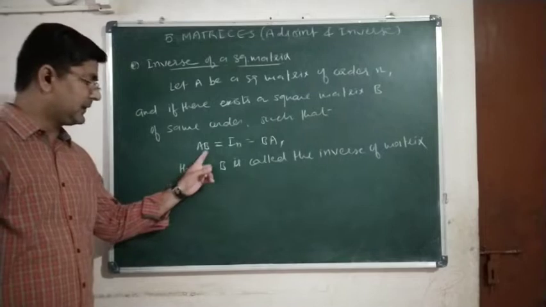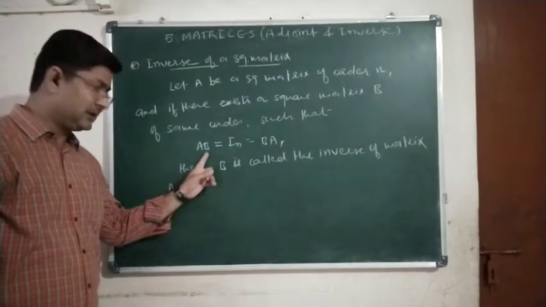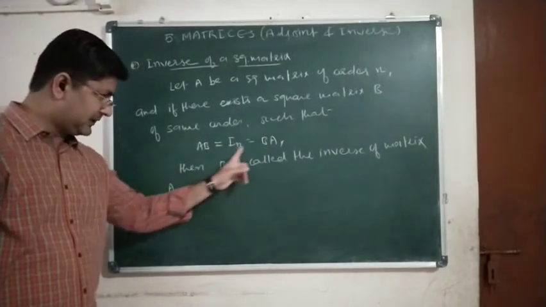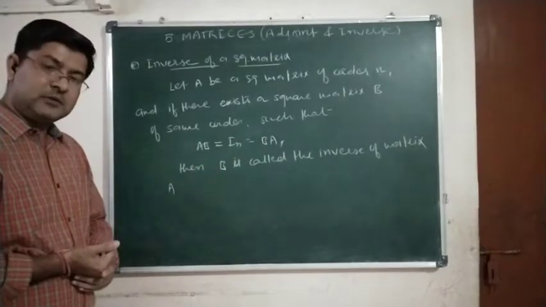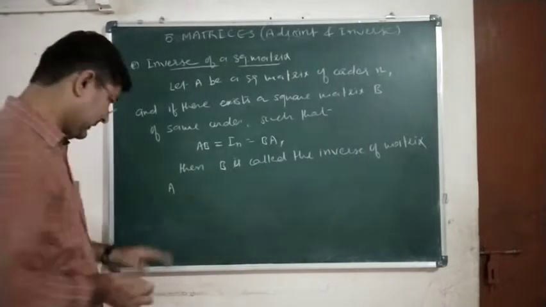If there exists a square matrix B such that AB is equal to BA is equal to In, then we will say that B is the inverse of matrix A,